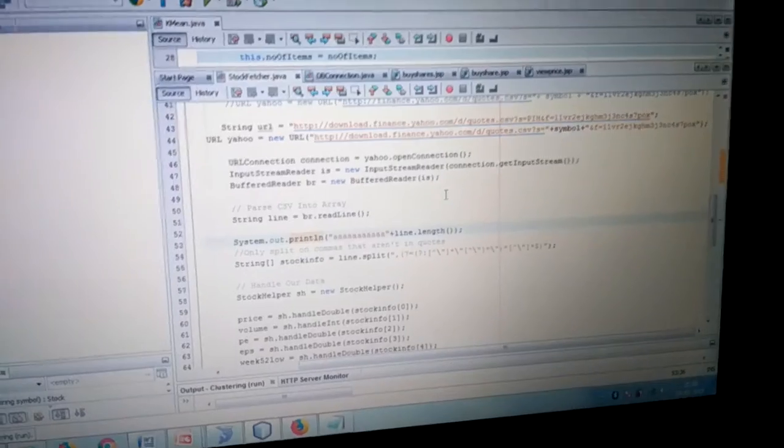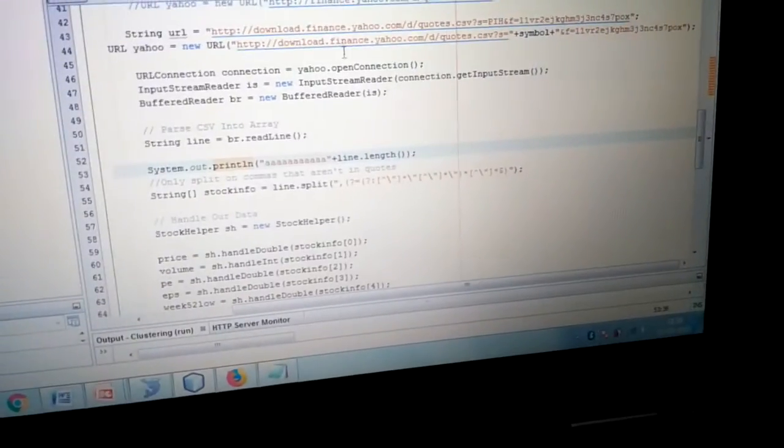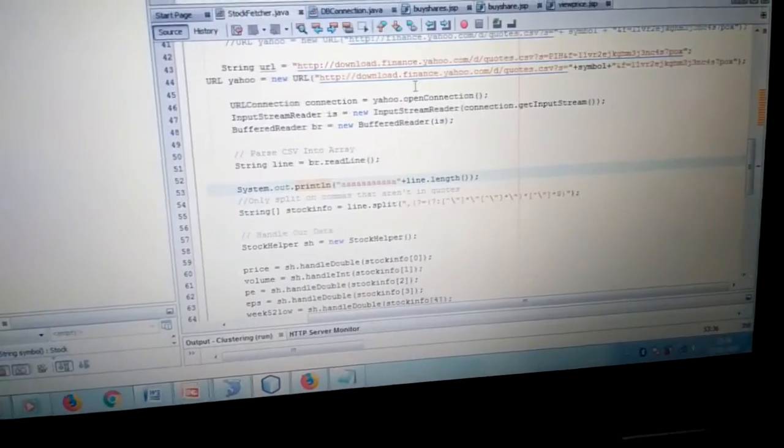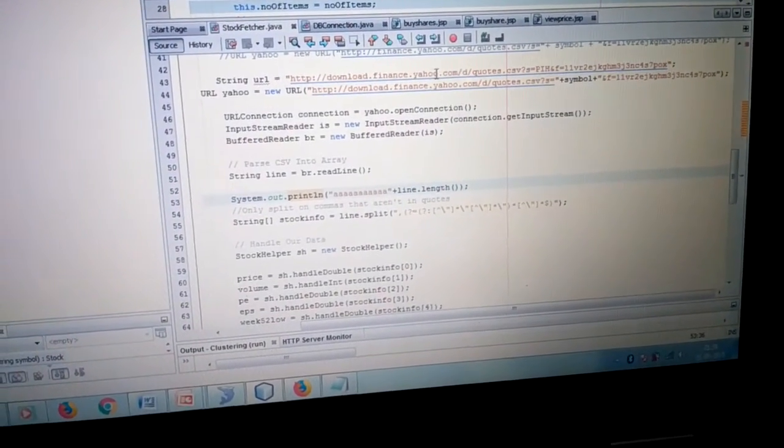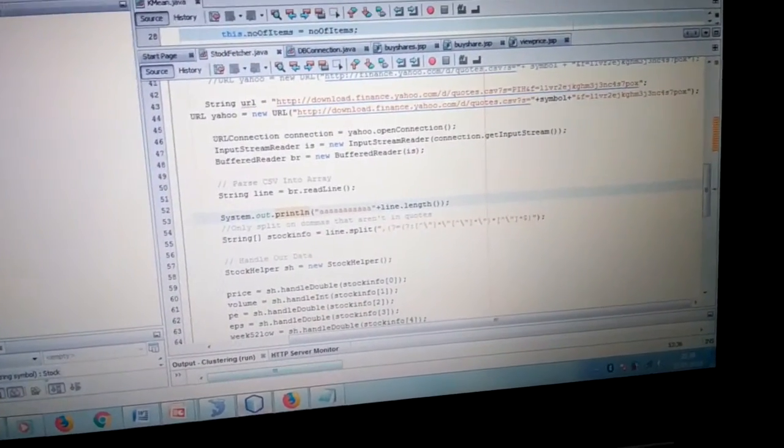This is our coding page. For coding we are using NetBeans 8.2 version. These are the codes we used. Stock details we are using through this link, and all the